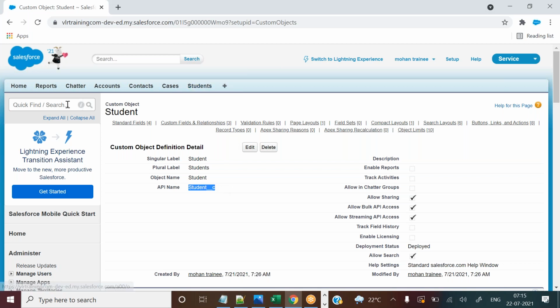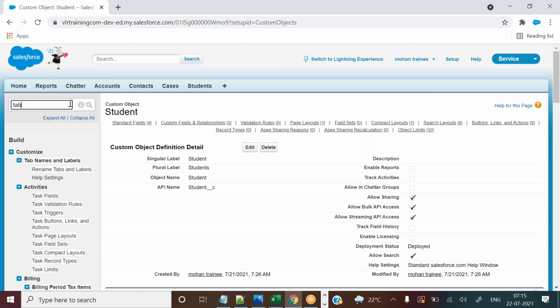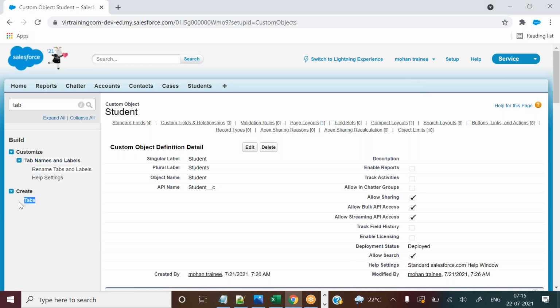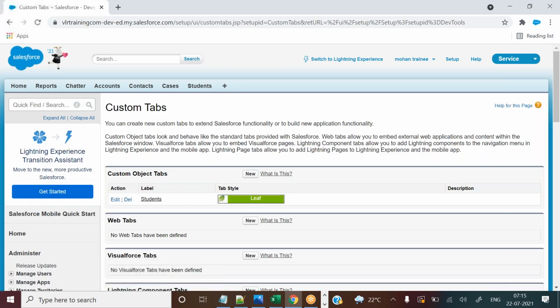So how to create the tab? Again, you need to go to Setup, search for Tabs, and click on Tabs. Here, if you click on New, for that object you are able to create a tab. I have already created one tab for this object, and I cannot create more than one tab for one object.